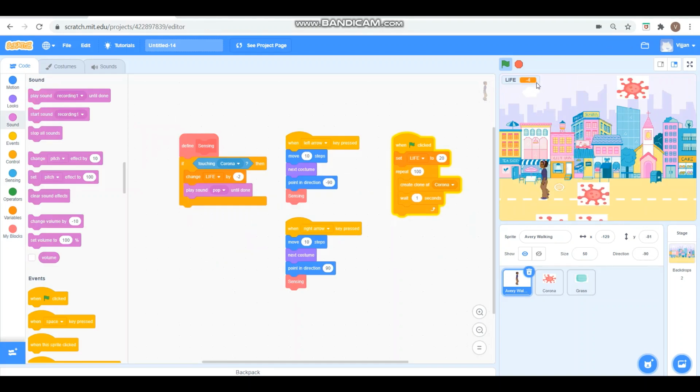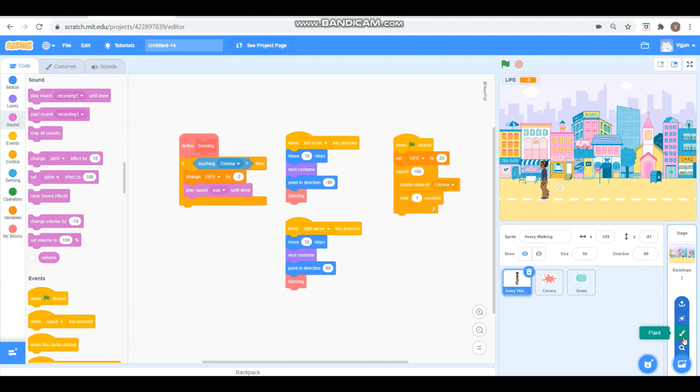So when the life becomes 0, we should display a game over message, right? So let's see how to do that. For that, we'll switch to a new backdrop, a red backdrop or something, and then we will make a game over there. Okay.